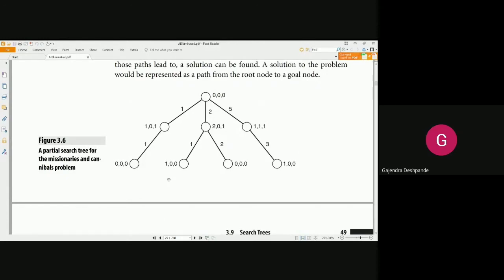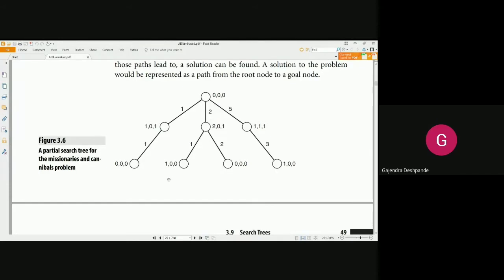Okay, so you can just observe the tree here. If you consider the rightmost path, on the rightmost path you are moving one missionary, one cannibal, and one canoe. After this, you are going to move only one missionary. Okay, so this is how the tree works. Basically you are going to start from the root node and reach the leaf node, or your goal node, and when you traverse from the root node to the goal node, you must have transferred 3 missionaries, 3 cannibals and 1 canoe to the other side. So that is the objective.